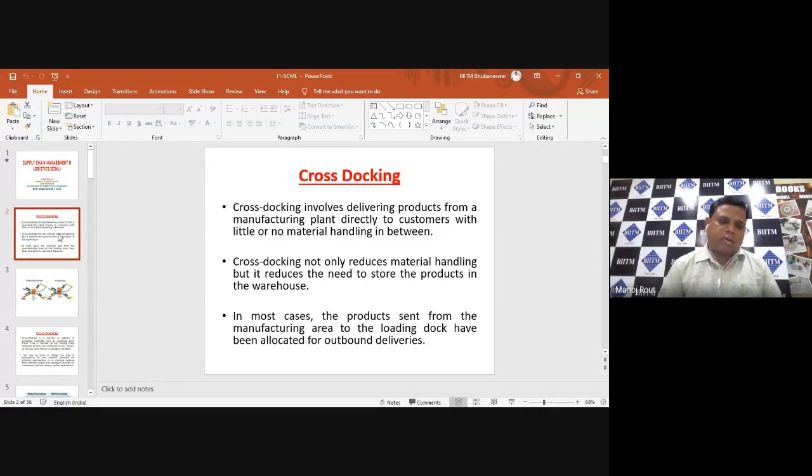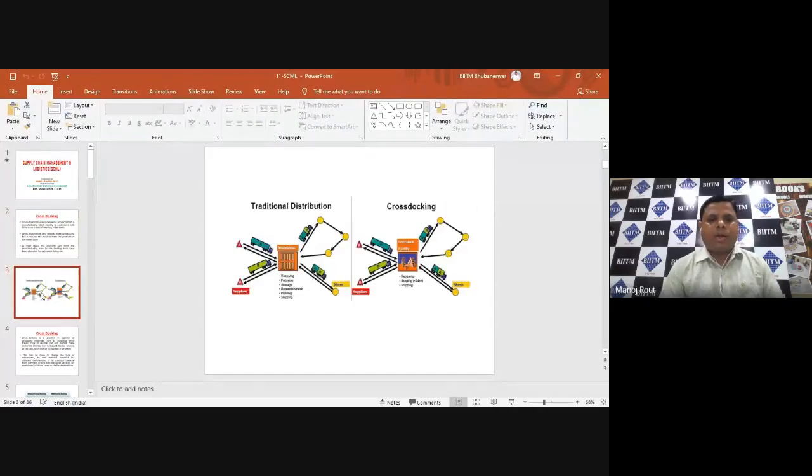So as far as traditional warehousing versus cross-docking systems is concerned, cross-docking is implemented to reduce material handling and to reduce the need for storage of product, and it is directly allocated to different outbound deliveries, as I said, to a number of destinations. So here is the image. If you compare traditional distribution versus cross-docking in the figure,